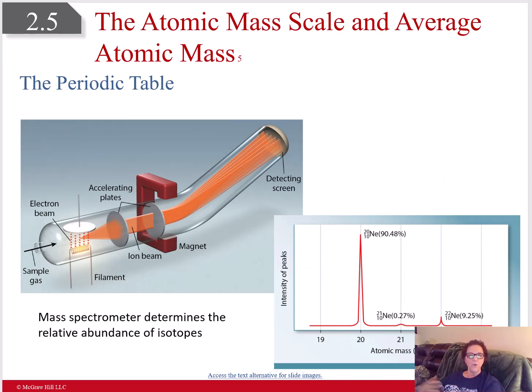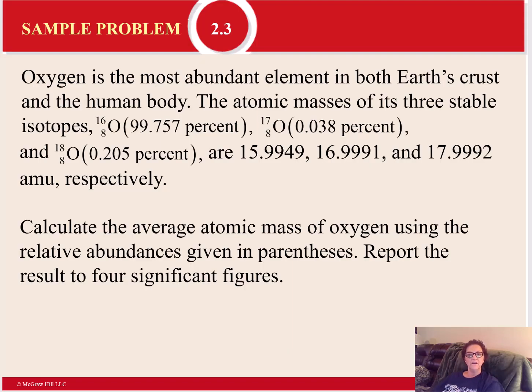The way we come up with these actual masses is we use something called a mass spectrometer, which determines the abundance of isotopes. It'll give you a readout so that you see that 90.48% of naturally occurring neon is neon 20, only 0.27% is mass 21, and 9.25% of naturally occurring neon is 22 AMU for the mass. When you plug those in, you calculate the average atomic mass that you'll see on the periodic table. So in this example,